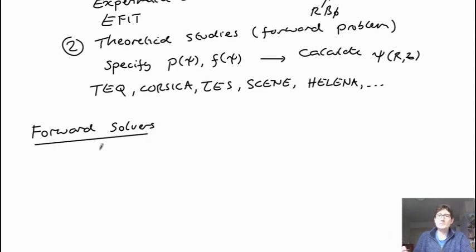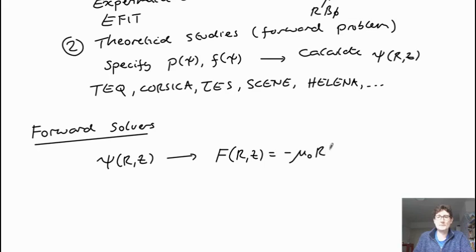Okay, so the basic problem here is that we have a nonlinear partial differential equation to solve. So the Grad-Shafranov equation you can divide up into two steps. So if you start with essentially a guess for what psi looks like, you can use this psi to calculate the current function, which we're going to call capital F, which is also a function of r and z. And this is just the right-hand side of the Grad-Shafranov equation. So we have P prime, which is dP by d psi. And then we have F prime.